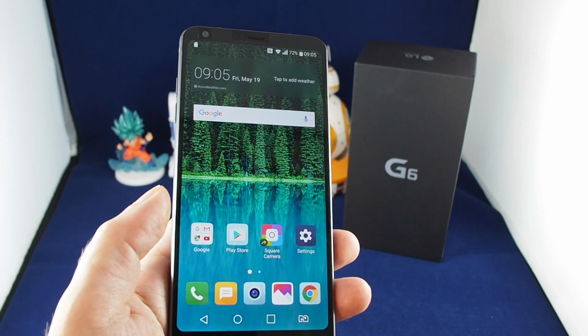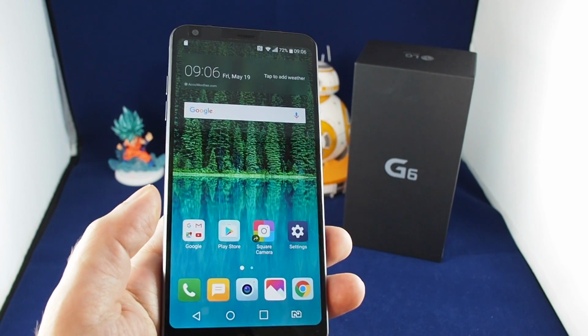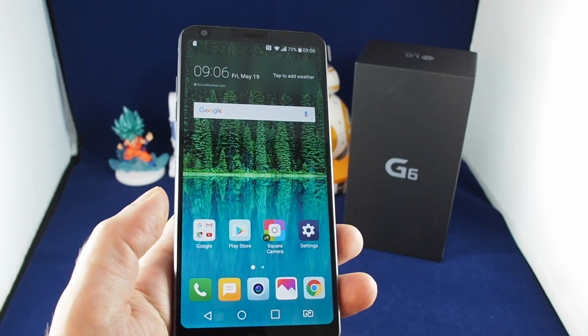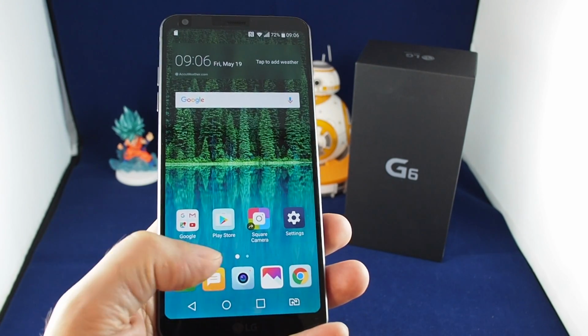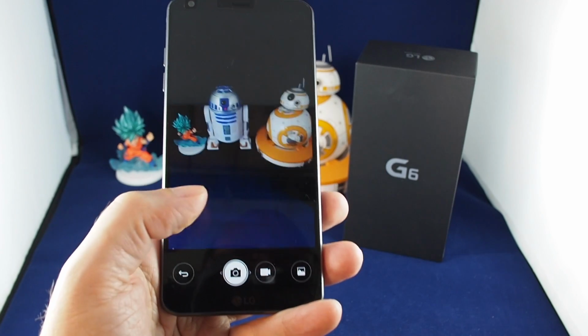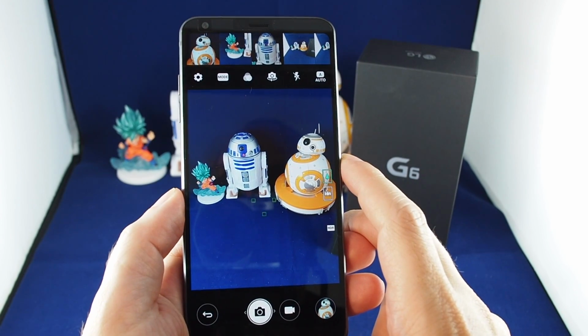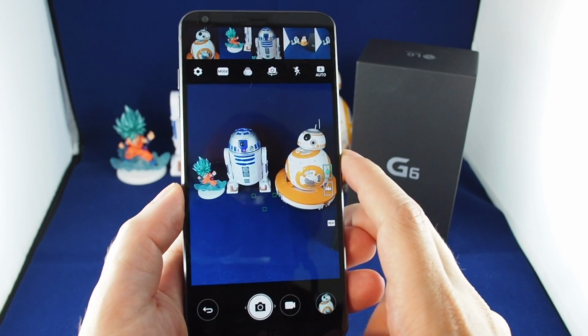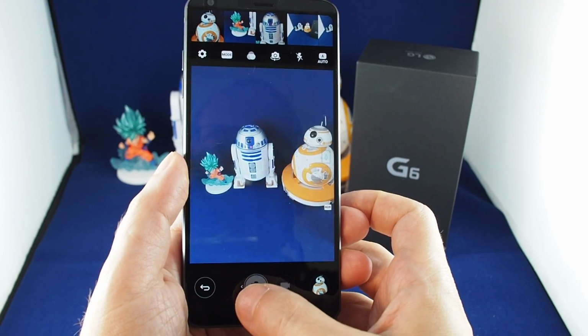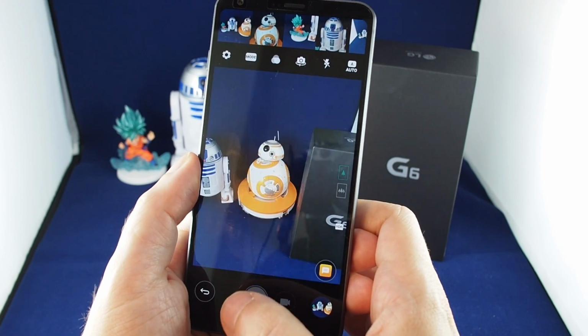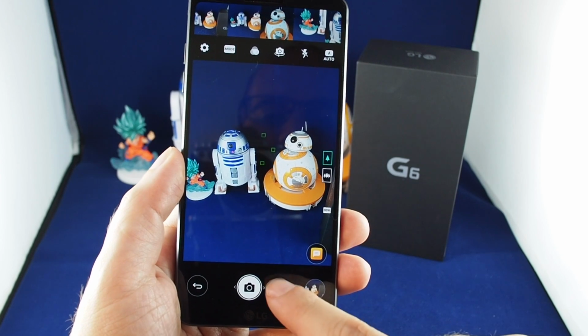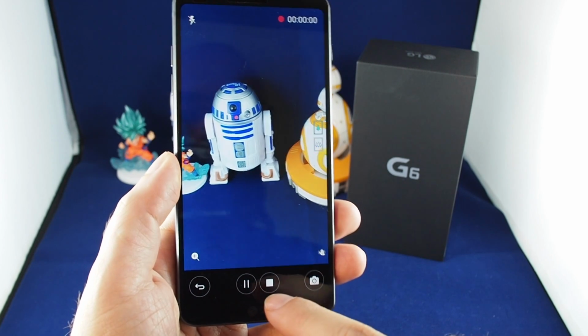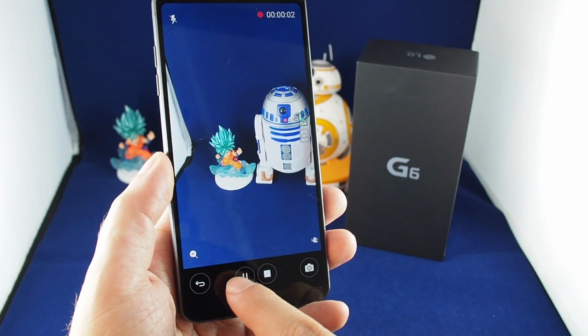Today we have the LG G6 and we're going to show you briefly how to use the camera and video recording functions. So you want to open up the camera icon here on the bottom. Basic camera function is similar to most other cameras you've seen. You just hit the shutter button to take a still photo, and you touch the video recorder to take a video, and you can actually record,